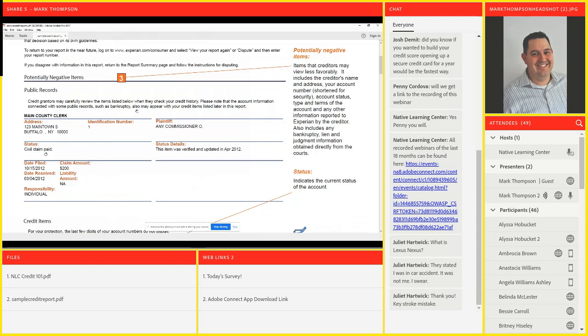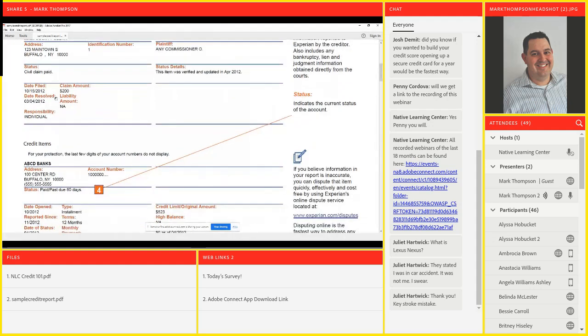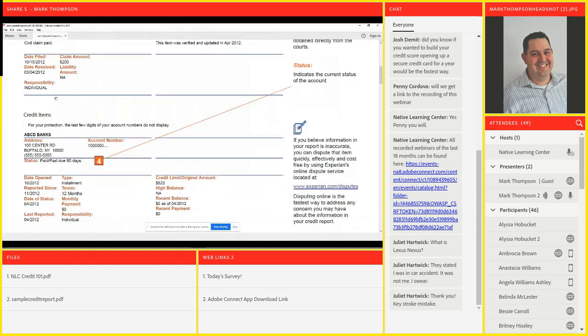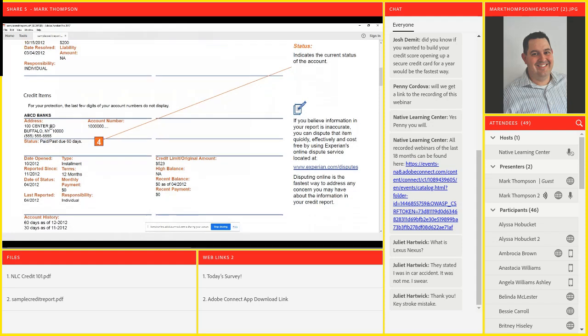I should also say that under this potentially negative items, there's two different records here. We have public records. Generally, those are things like court cases, if there was a judgment against you. Here is the more common items that many of us will experience, and this is credit items, right? Those are things like not paying something, or it went into default. So here you can see that John Q. Consumer, he's paid it, but he had a past due amount of 60 days, and this was to a bank.